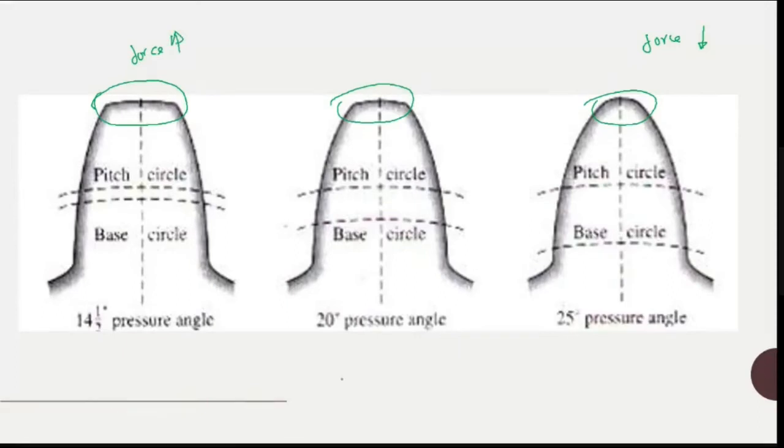So these are the different types of pressure angles we use. Whenever we have a lesser force, we prefer a 25-degree pressure angle. Usually in normal cases we use 20-degree, which is the standard one. If you need more force to pull the particular gear, we have this 14.5 degree. And you can see the difference in the pitch circle. So this is the difference in pressure angles.